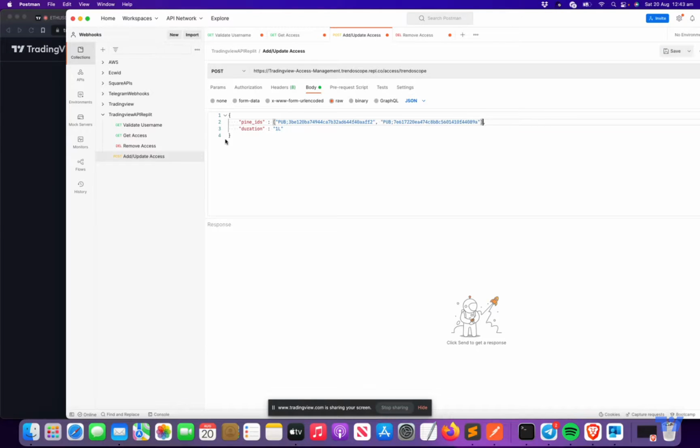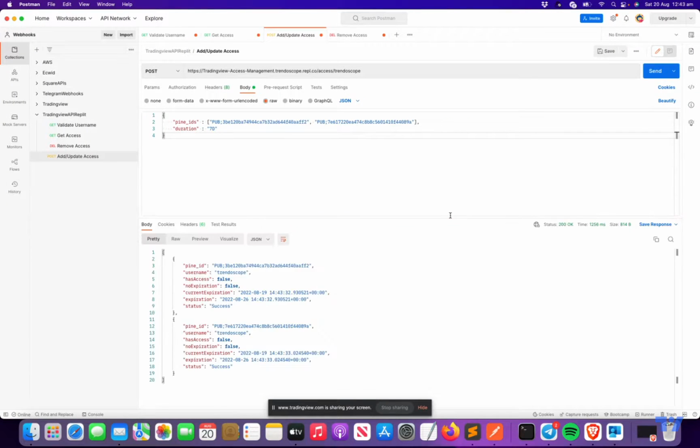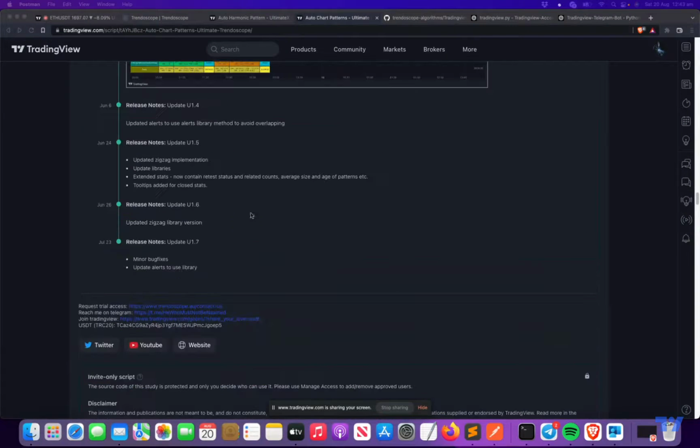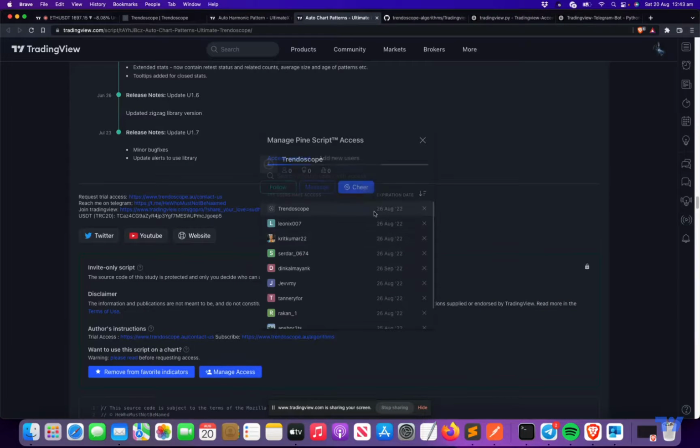So it has the pine IDs, and then it contains duration. So duration has to be in a specific format. For example, 7 days means it will give access for 7 days, or if the user already has access, it will extend the access by 7 days. Okay, so let's try this, right? And it gave access till 26th of August for both the scripts. If you look at this, the access is there till 26th of August. So if I go back here, see this 26th of August here,